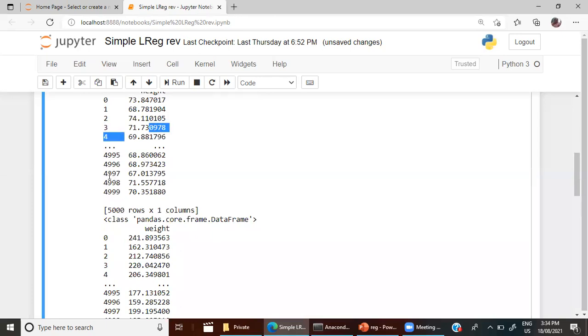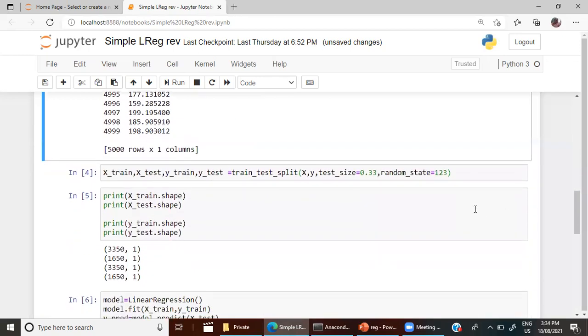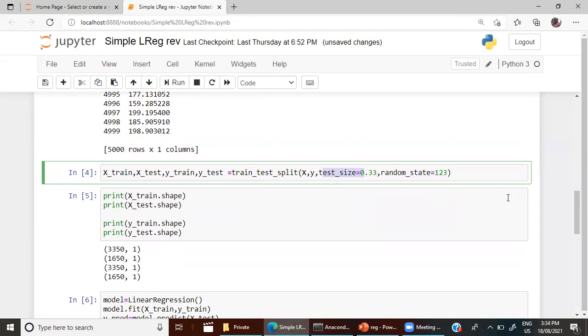Then 4,997 for training, then 4,999 for testing. That way, the data will be picked up randomly in this ratio. In this ratio, test size will be 0.33 and training will be 0.67.